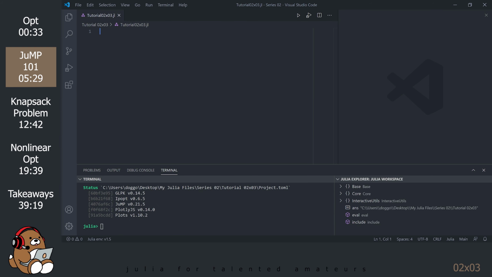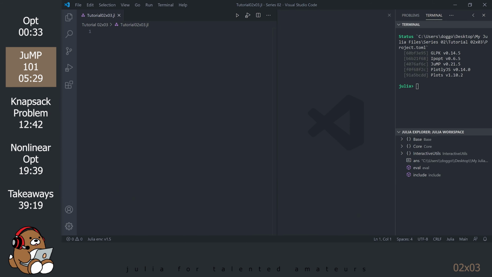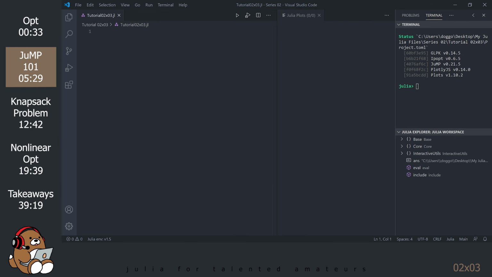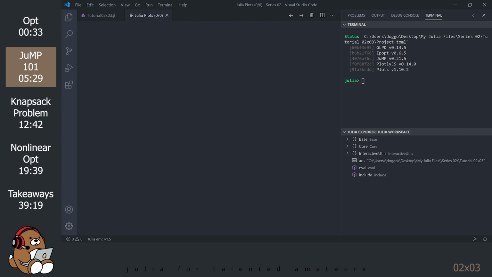We're going to need to see more of the REPL today, so let's reconfigure the VS Code user interface. Right-click along the top bar of the terminal panel and select Move Panel Right. Add the Plots panel by going to View, Command Palette. Move the Plots panel so that it's sitting behind the editor. Adjust the REPL panel to make it wider. Adjust the Workspace panel to make it smaller.